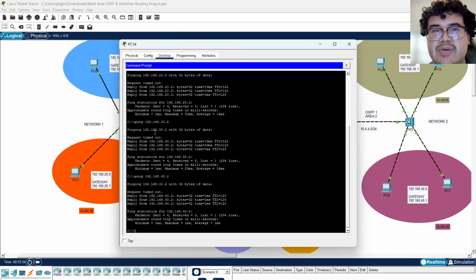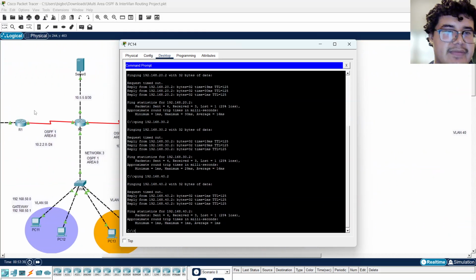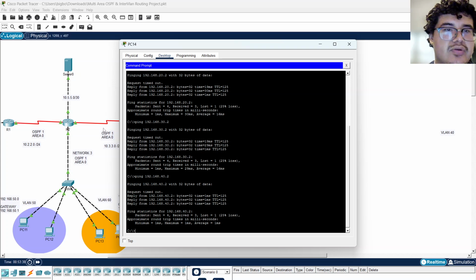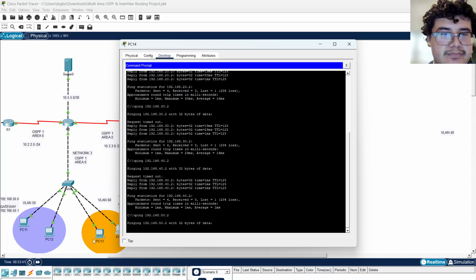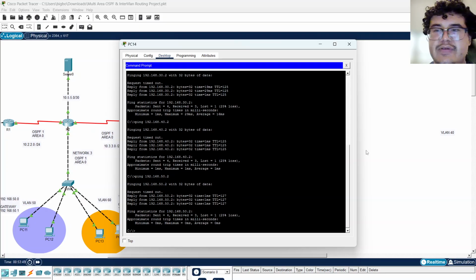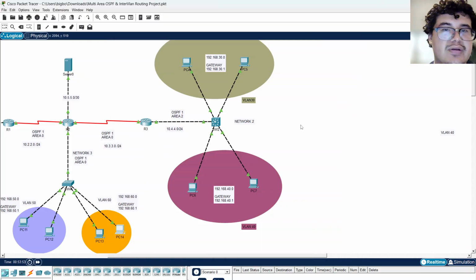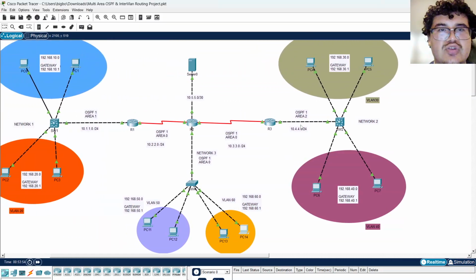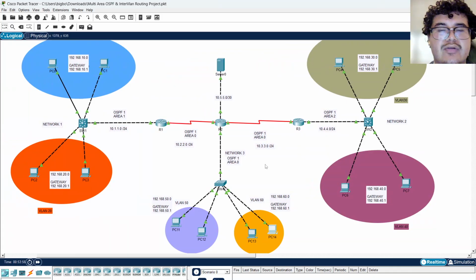And it gets a reply. And then let's just do 50, just to see if the router on a stick we configured is able to do inter-VLAN routing as well. So it should go here, here, back down here, and then whichever one has 2. Perfect. So we've configured multi-area OSPF and inter-VLAN routing with router on a stick,